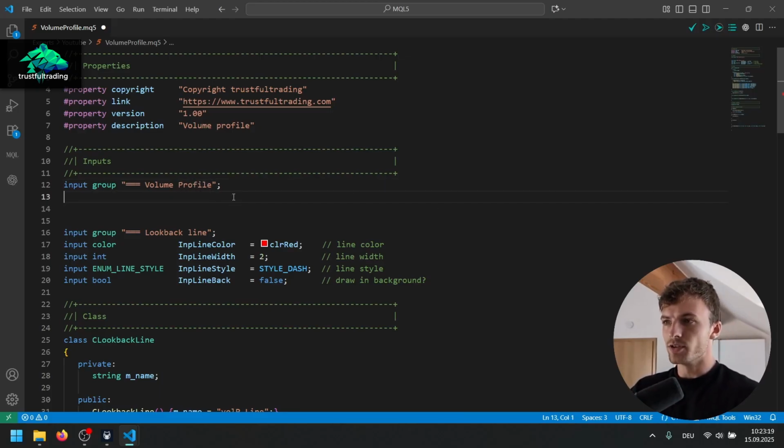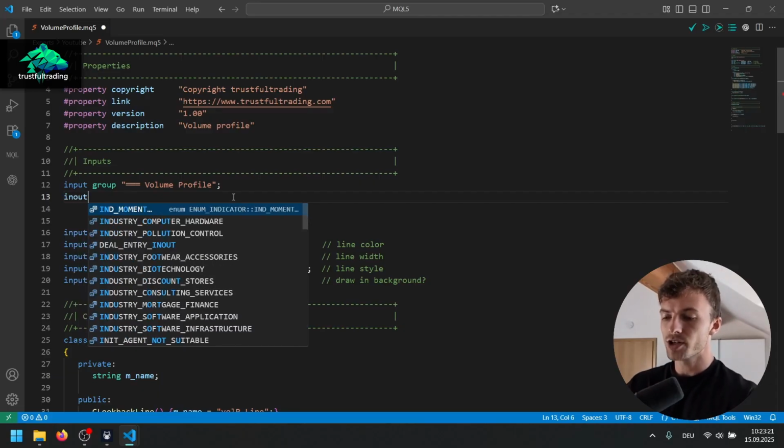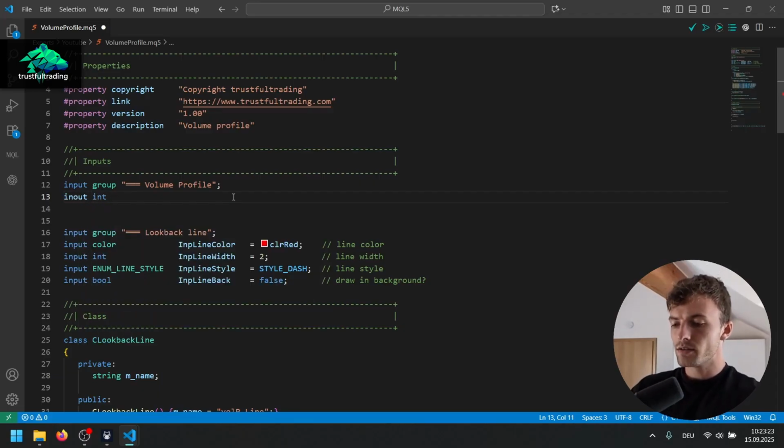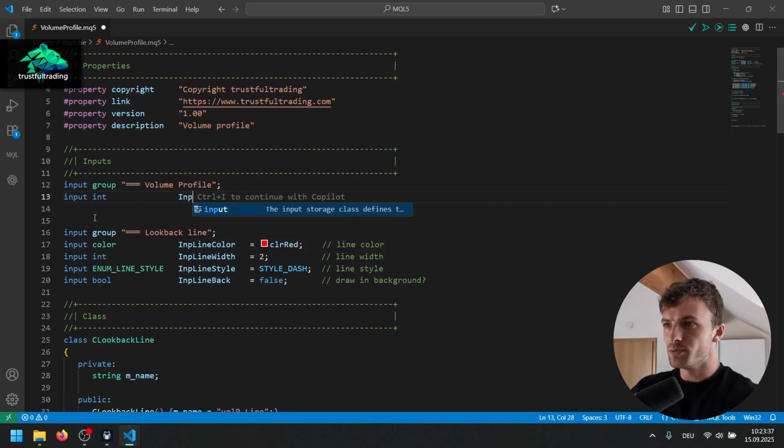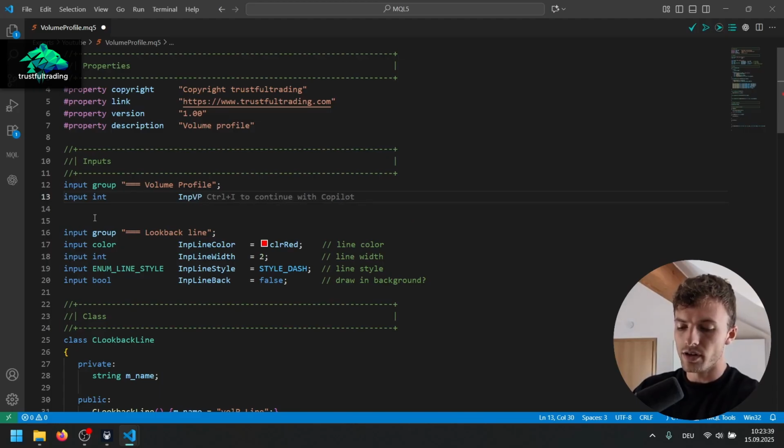And here the first input is of type integer. I start all my inputs with this prefix here. So input volume profile